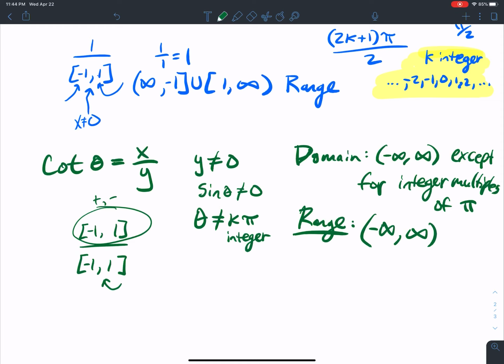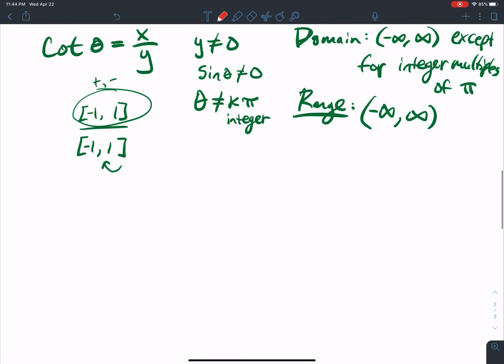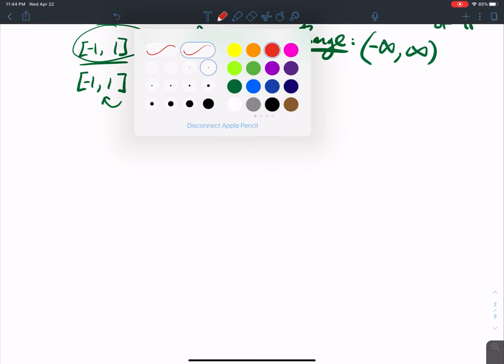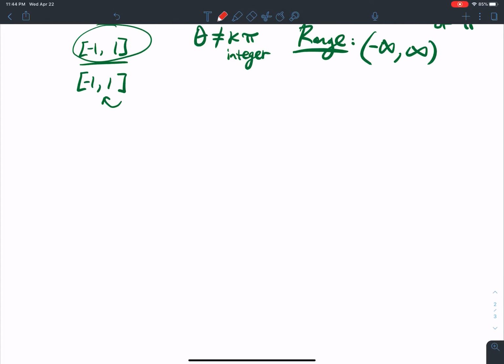So if you want to summarize these, maybe it would be helpful to put these all in a box, to summarize. And this is a lot of repetition. This class is about repetition, okay? So the more you do it, the more you write it down, the better chance you'll have of memorizing these things. These different types of functions are not going away the rest of the class, okay? All right, so let's just make a little table. So you got your function,